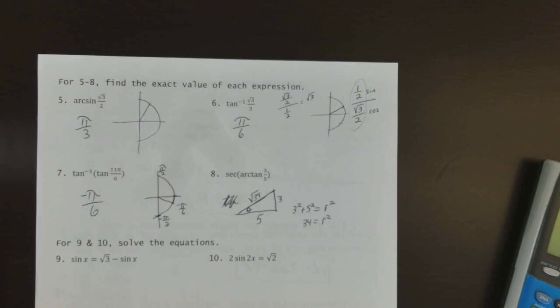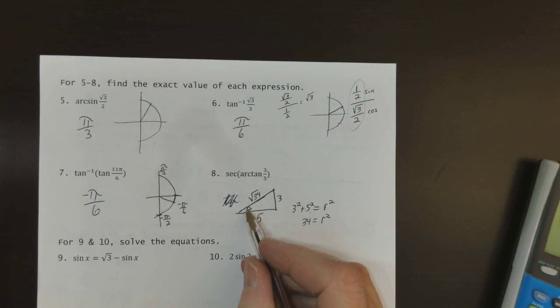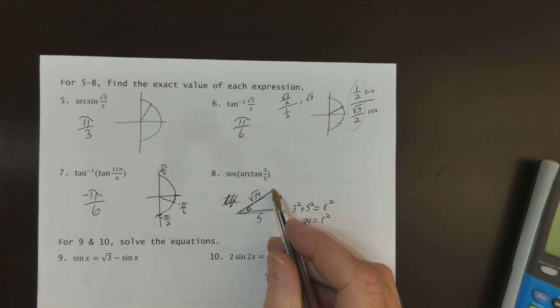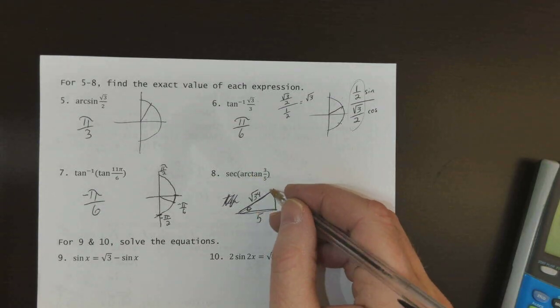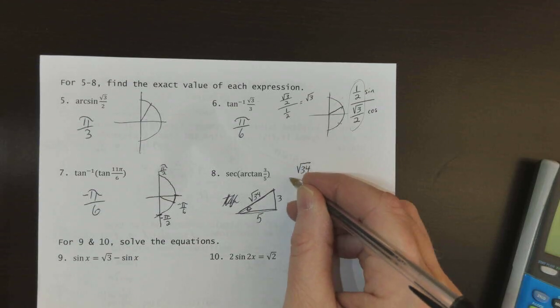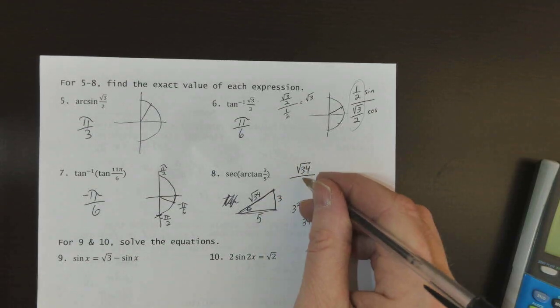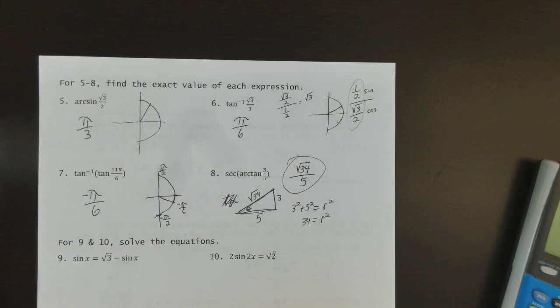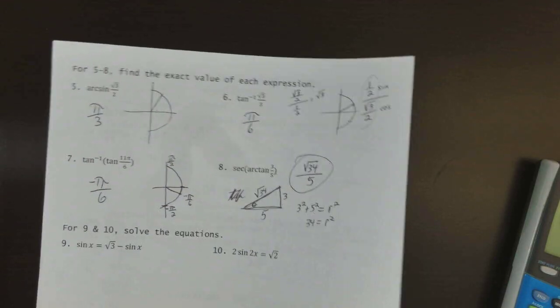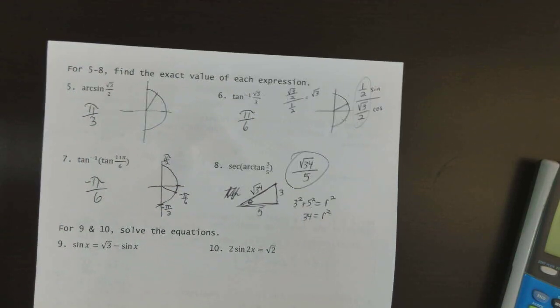All right. Now secant is the reciprocal of cosine. Cosine is adjacent over hypotenuse. Secant then would be hypotenuse, which is the square root of 34, over adjacent, which is 5. Okay. Now, I'm going to keep moving through this. We are solving